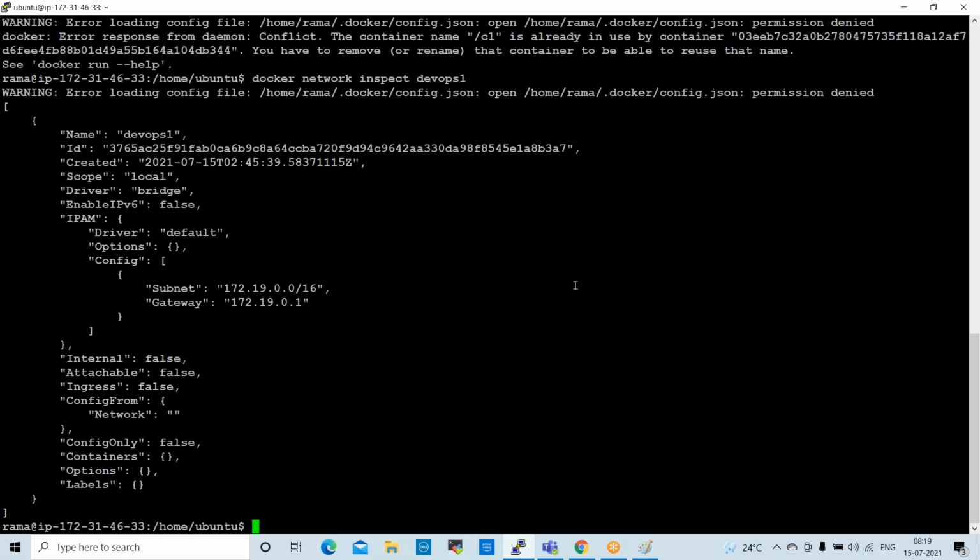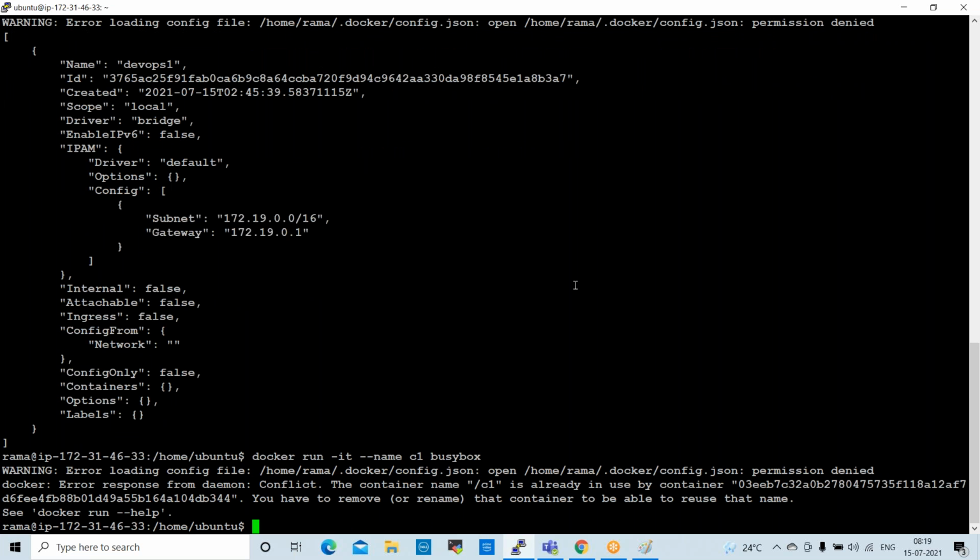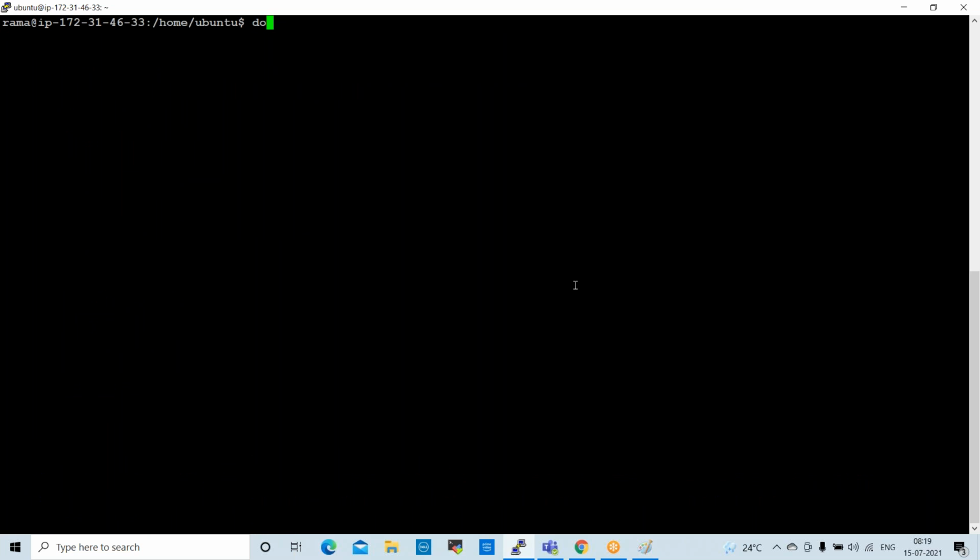Fine. So first we create the containers: docker run -it --name C1 and the image name, BusyBox. Why is it not working? The image is there, right?